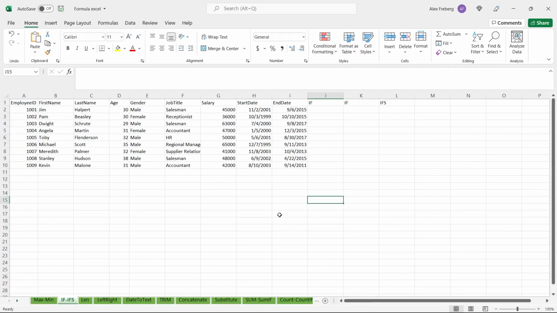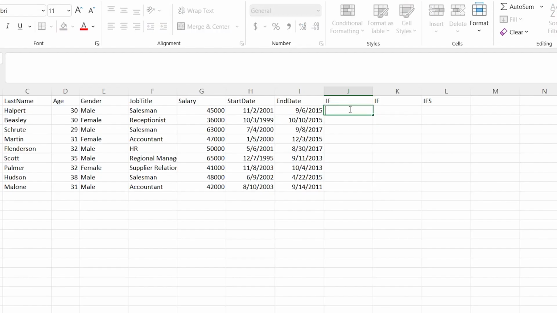Now, if is, I think, pretty straightforward. So all you're going to do is say, if this, then that. Ifs is a little bit different. Ifs lets you put multiple conditions, and as we're writing it, I'll show you what the conditions are that need to be met. All right, so we're going to click right here. We're going to say equal. We're going to do if, hit tab,